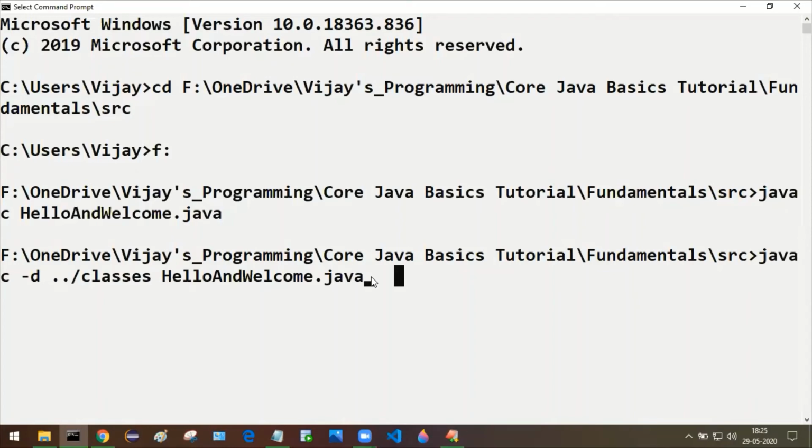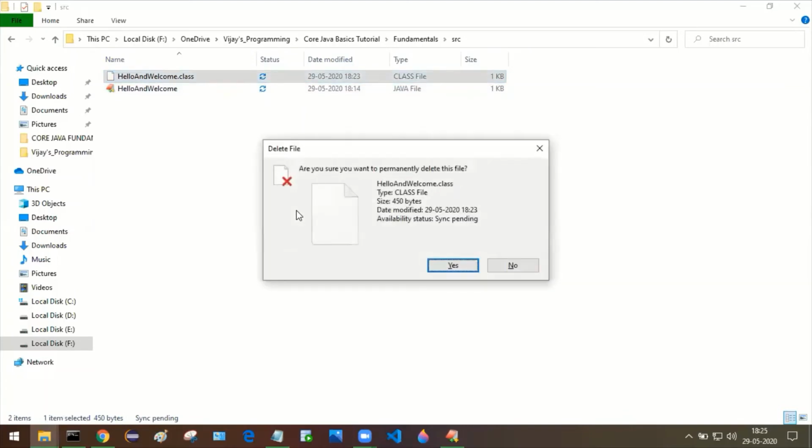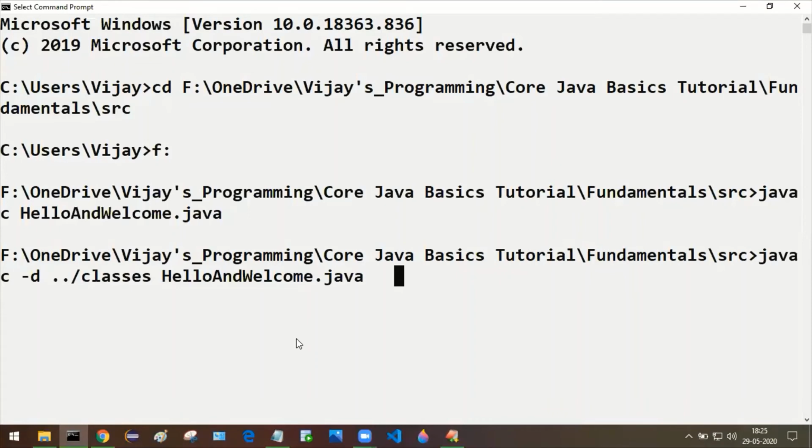If you are triggering this command, what is the result? First, whatever file has been generated from the previous command, I'm just going to delete that HelloAndWelcome.class file here. Now trigger this command. What is the result we are getting here?